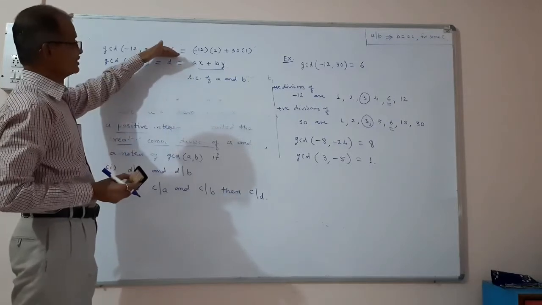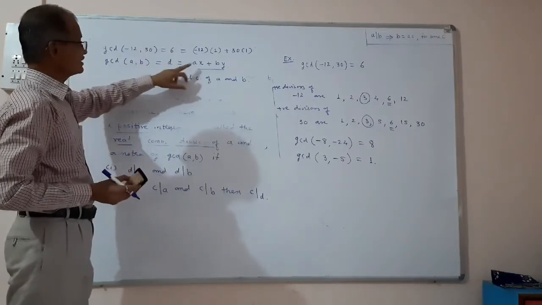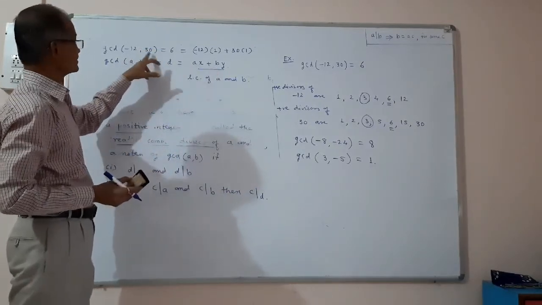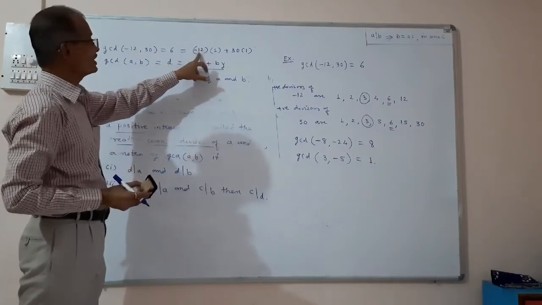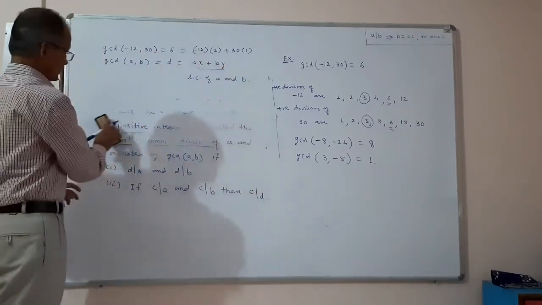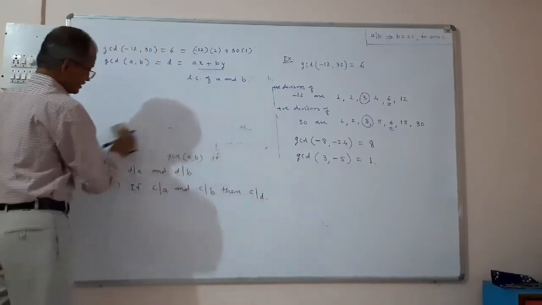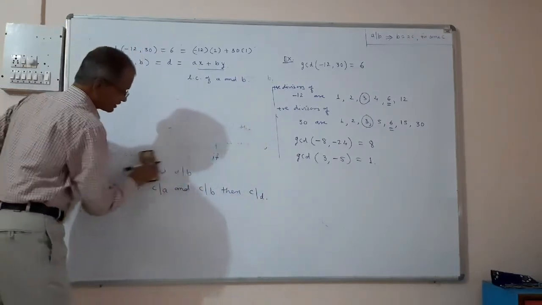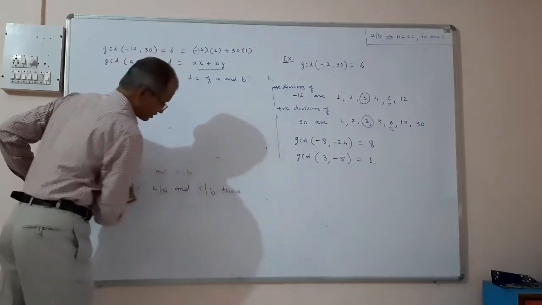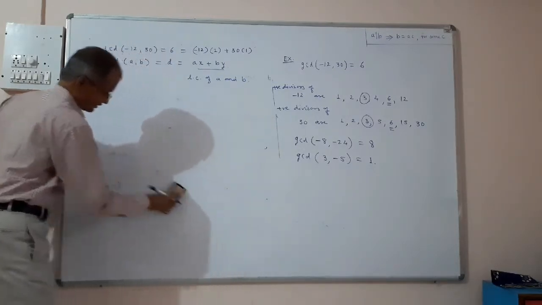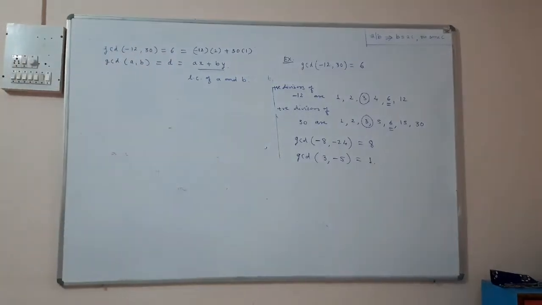Furthermore, the GCD is written as a linear combination of the original numbers; 6 is written as a combination of minus 12 and 30. Now this is actually a theorem: the GCD of two integers is a linear combination of the two integers. And we shall prove that theorem in the